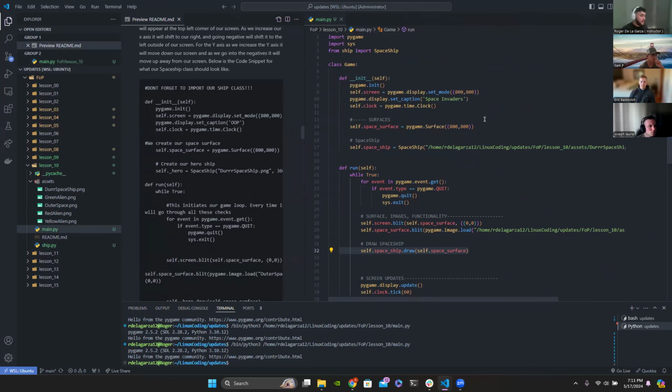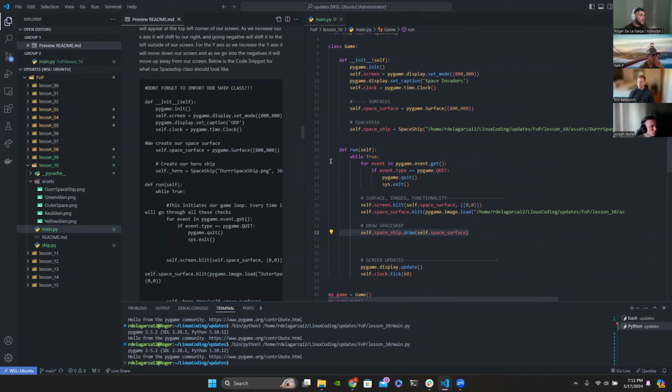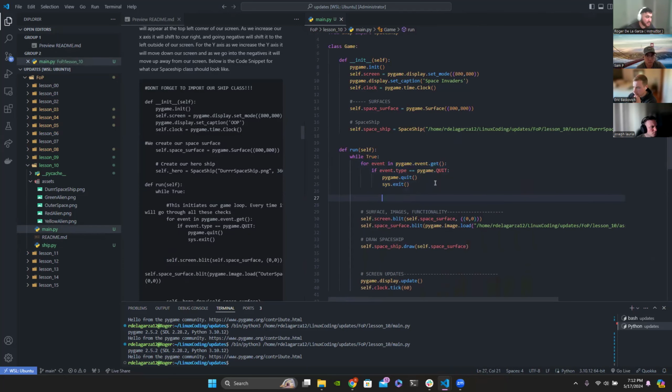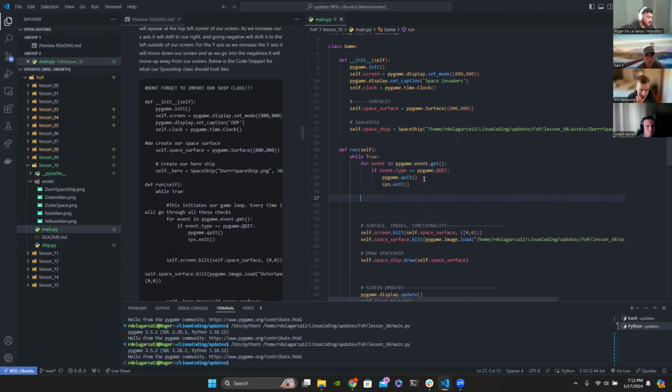Now, if you recall, at the very top of this while loop, we had a for loop that checked the different events that happen, right? So we're able to do things because it's checking for key presses, mouse clicks, mouse movements. So we're going to create some kind of action that we can manipulate with our keyboard. Right below the for event loop, not within it, just below, I want you guys to do keys is equal to